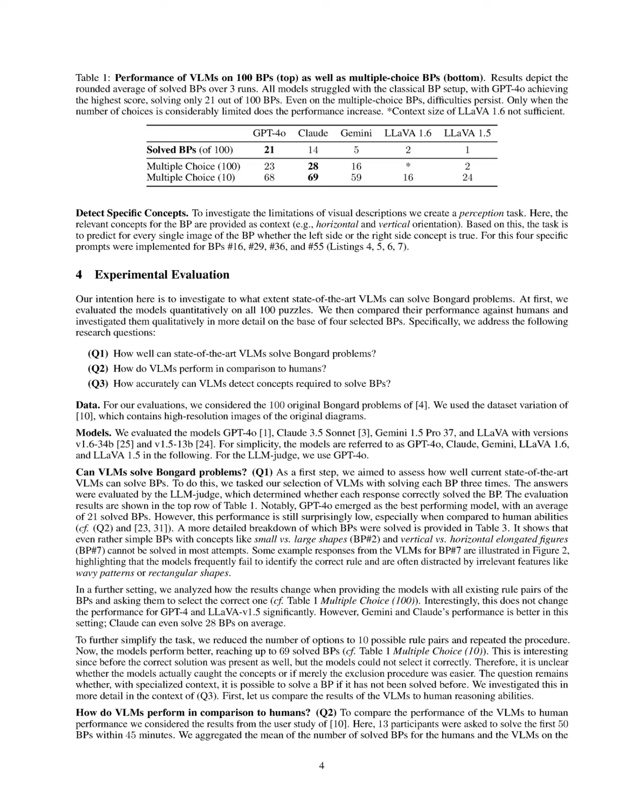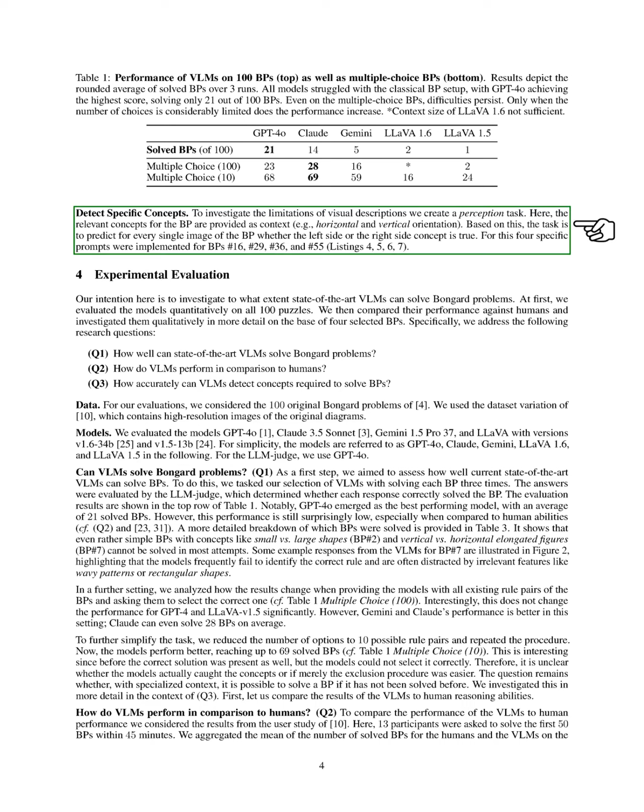Section Summary. In this section, we explore the capabilities of vision language models, VLMs, in solving Bongard problems, BPs, which are visual puzzles that require identifying underlying rules from sets of diagrams. We assess VLM performance through open-ended and multiple-choice tasks, comparing their reasoning abilities to human performance and identifying strengths and limitations in their visual reasoning skills.